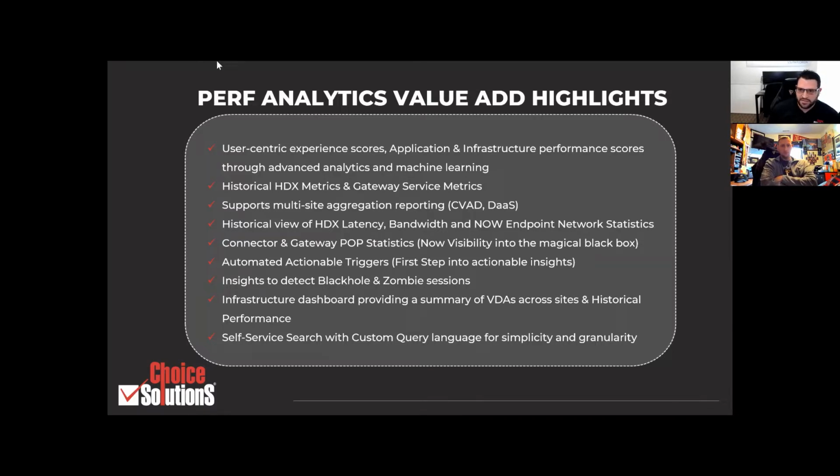Like Oz had mentioned, it's a completely different service than what HDX Insight was. This is a cloud service, a cloud-native service that's built as a big data platform, with machine learning, analytics, and AI built specifically from the ground up. These are the first two offerings from Citrix as part of what Citrix is calling the CAS, or Citrix Analytics Service, essentially enabling you to track and aggregate your data, and then giving you key performance indicators. So specifically around,